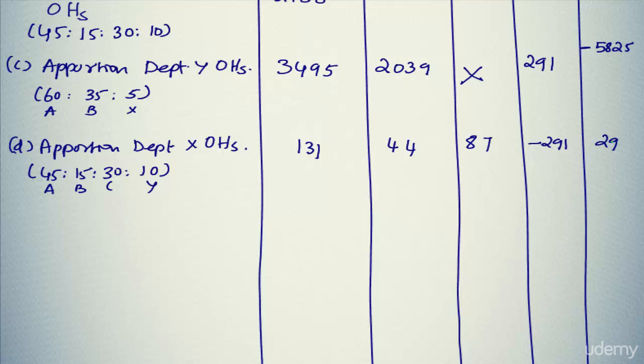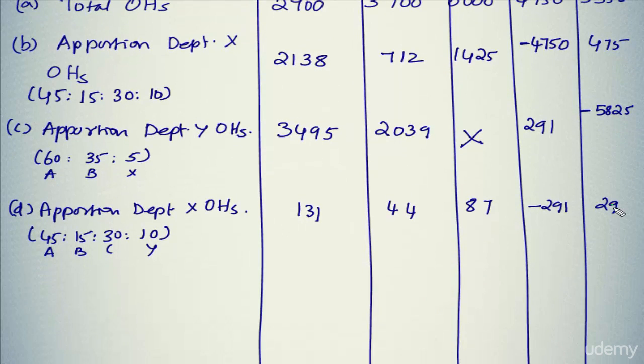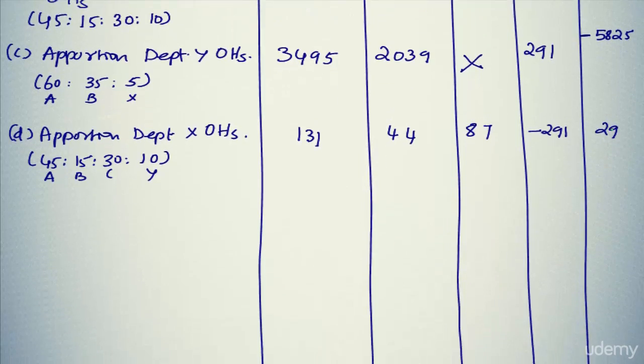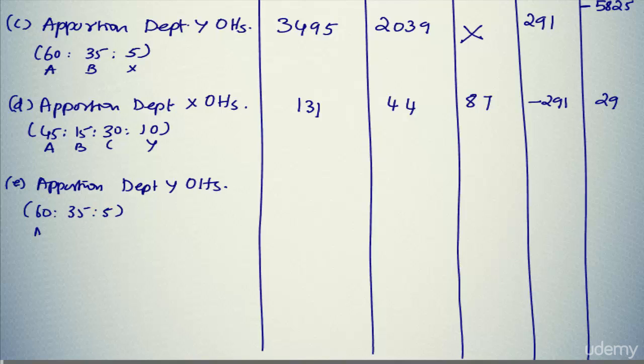Actually we had closed all the items in department Y. Two items added together we have distributed or apportioned, but again now department Y is getting a new share. So what we have to do is apportion this to other departments. So we'll write apportion department Y overheads, and it's going to be in the ratio of 65:35:5, that is between A, B and X. We'll write minus 29 because we are going to apportion this, and we are not going to do anything on department C. So this 29 will be apportioned in this ratio, which will give you 17, 10 and